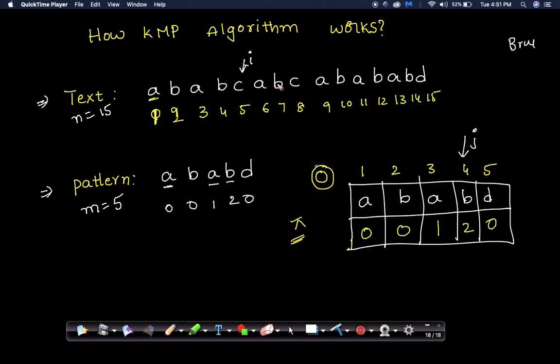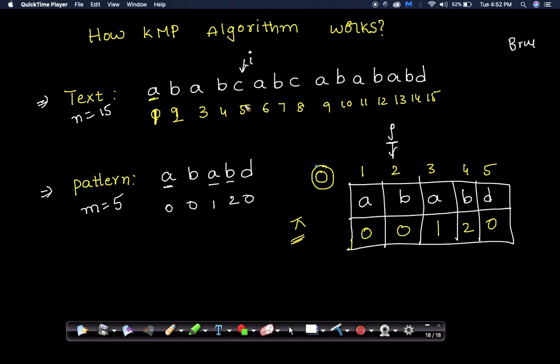Instead of doing that, what I am going to do here is just move my j from here. I want to move my j to this position, that is the second position, because I have seen AB has already appeared in the given input string as well as the pattern. That is the reason instead of moving my i back to the previous position, I'm just moving my j back. That means we have seen that AB appeared one time already in the given input string. Right now my j is pointing to the second index.